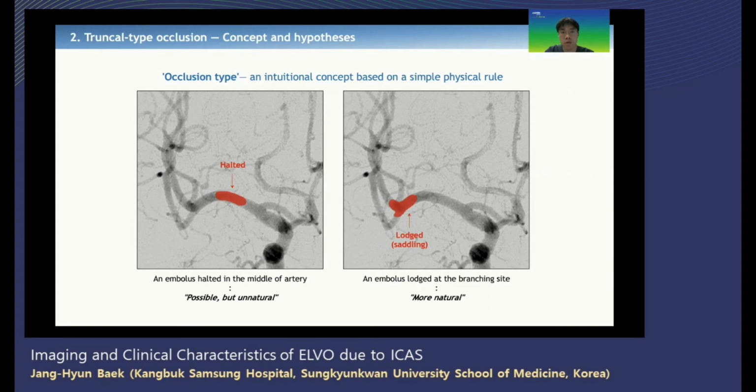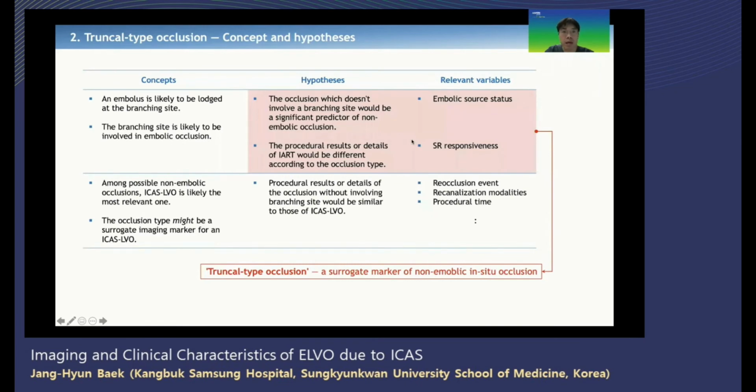When the embolus is applying, it seems possible but so unnatural for the embolus to be halted in the middle part of a normal artery. Instead of that, I think it seems more natural for the embolus to be lodged at its bifurcation site or branching site. So we hypothesized that the occlusion, which doesn't involve a branching site, could be a predictor of non-embolic